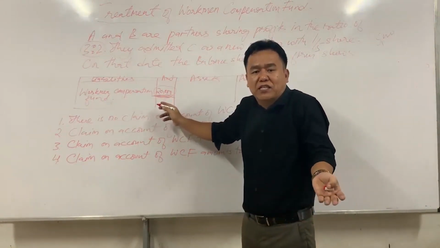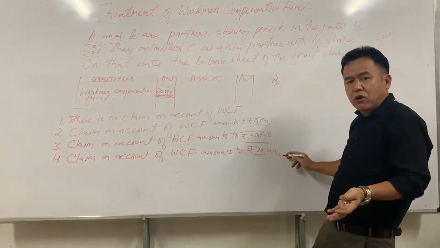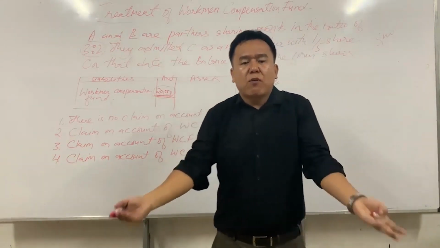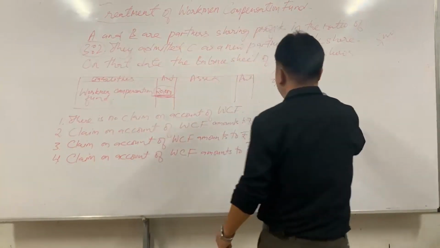If we have to keep aside rupees 20,000 to be paid to Walkers, then there is nothing left to distribute amongst all partners, since the whole fund is exhausted here, because the amount to be paid to Walkers is 20,000 and the available balance is also 20,000. So the journal entry will be